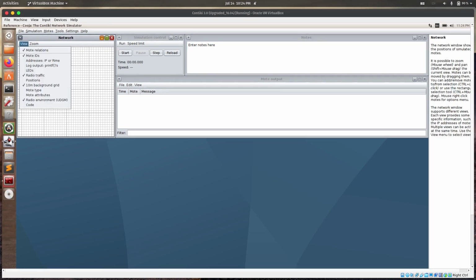So I'm going under view here. I can add mote type to differentiate between the different types of motes, and then I'm going to also view the address, IP or Rime. So what I did here basically, I just added mote type and then address is IP or Rime. So I say I'm going to add 40 nodes. So I have one already. Now I'm going to add 38